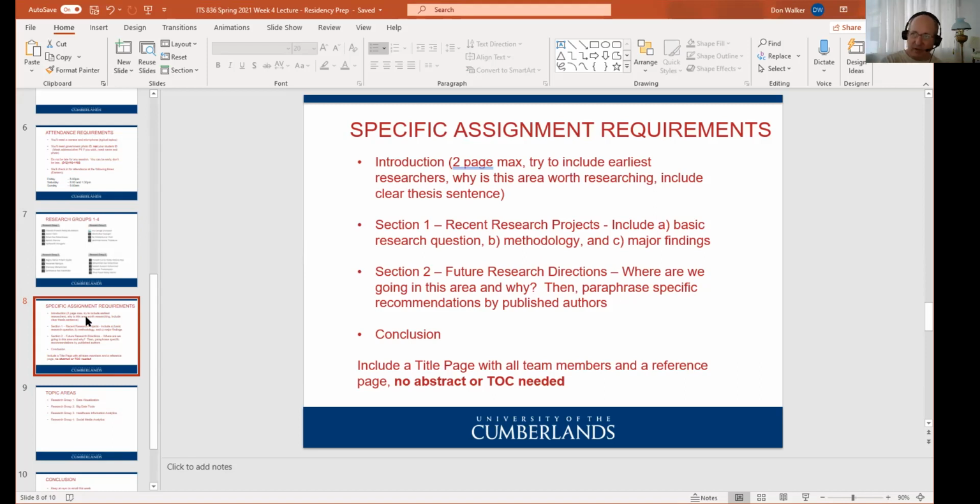conducting their experiment on a different population, or taking what they found in a case study, which is a limited examination of a particular company or family or whatever. Maybe taking what they found in that case study and replicating it among other cases, other organizations. So there you go. Two main sections